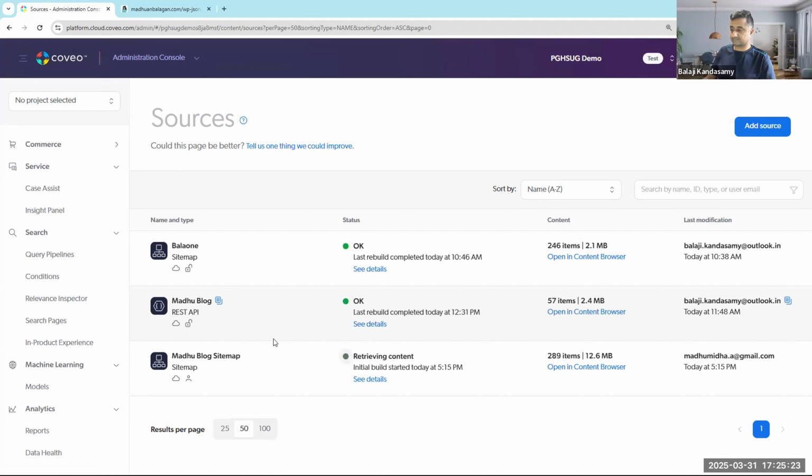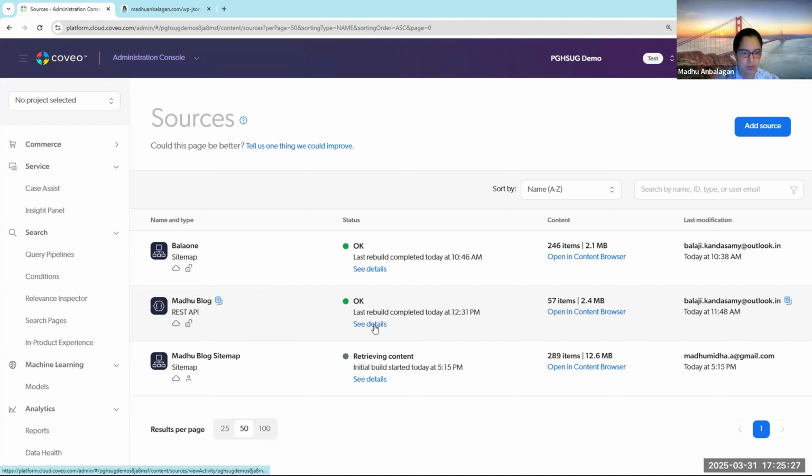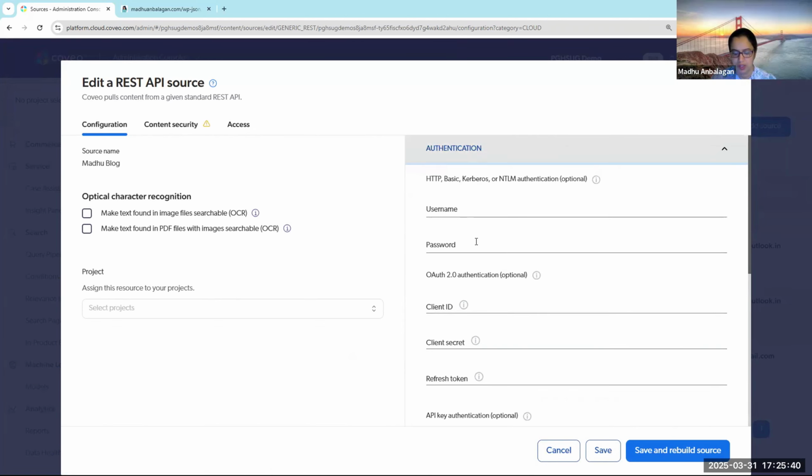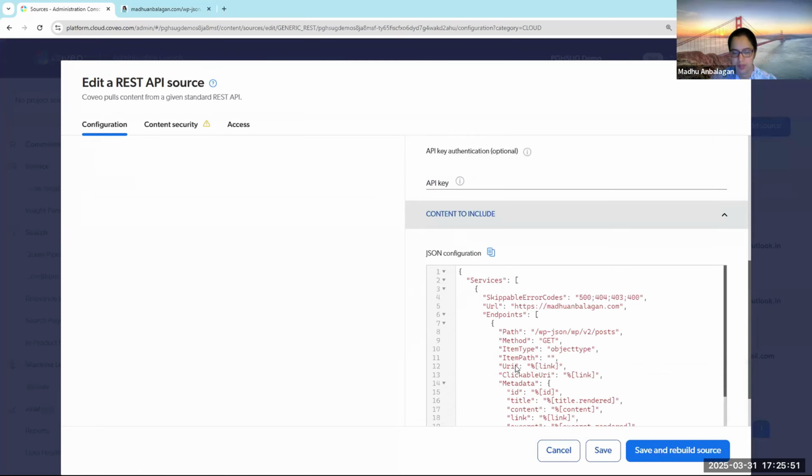So basically, on my blog, for the API one, when we see the information and edit, here is the JSON information, where we can define our authentication as well. If we want basic authentication or OAuth 2.0 with a bearer token, it supports all types of authentication, as well as